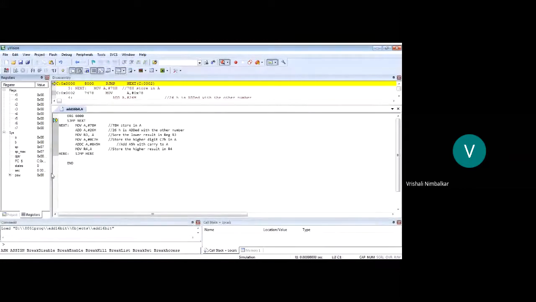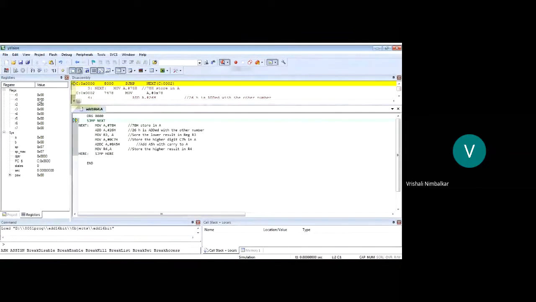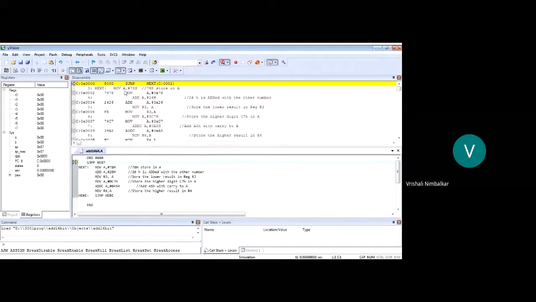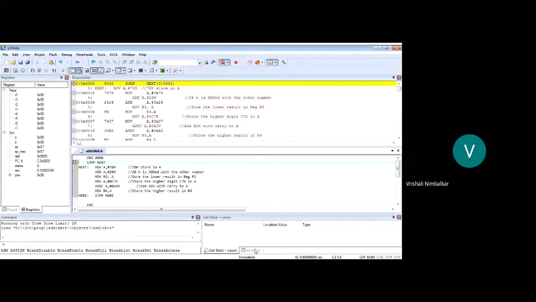So see, your window has changed. Here you will be able to see all the registers. Above is called the disassembly window. See, every instruction is getting converted into machine language. MOV A,78 hex is 7478. That's the machine code of it. So in the disassembly window you see instructions as well as the opcodes, operands, and the addresses. Here you can see a yellow and a blue arrow. That's your assembly language program. On the right hand side down, you can see the memory window.